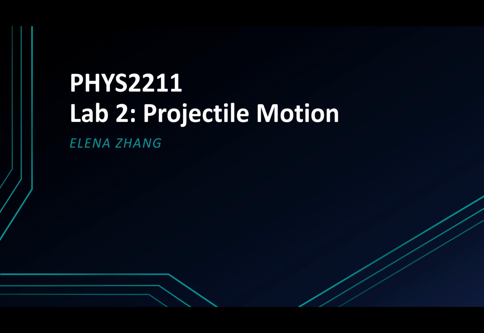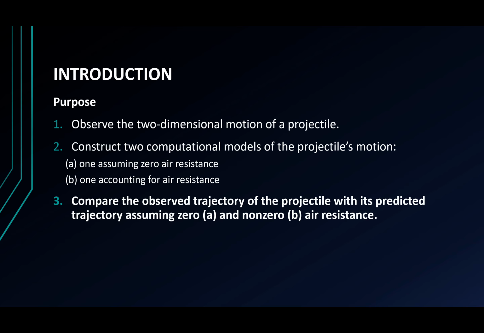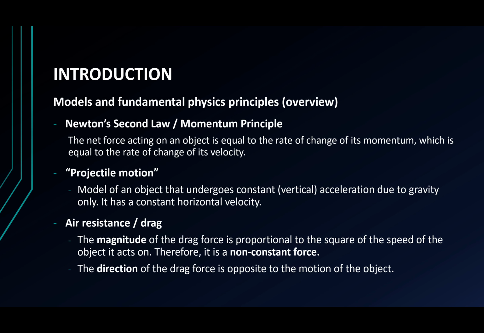This is my video report for Lab 2 of the Physics 2211 course. The purpose of this lab was to compare the observed trajectory of a projectile with its predicted trajectory assuming zero and non-zero air resistance. The first model/fundamental physics principle involved was Newton's second law, or the momentum principle, which states